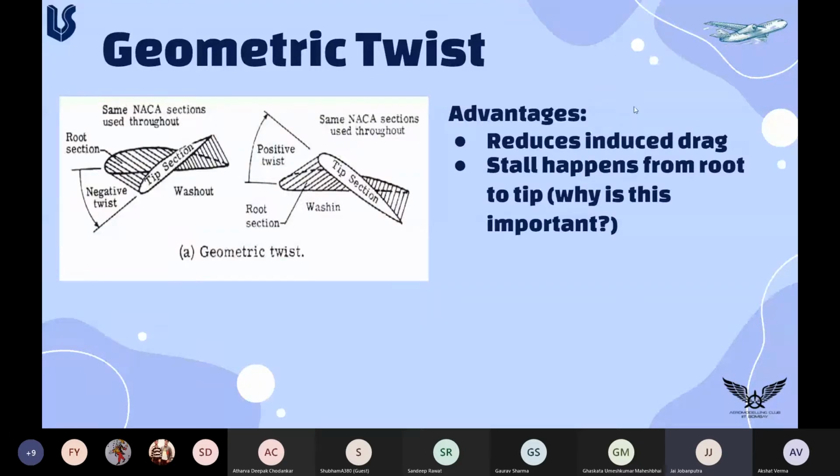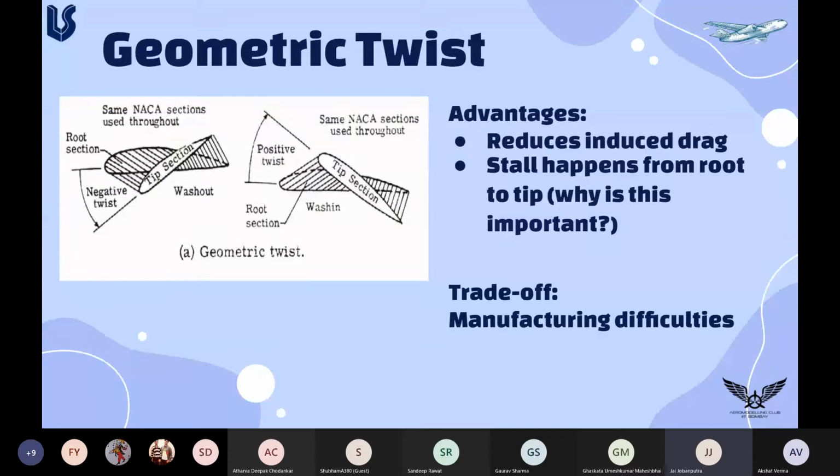Now, if the tip stalls first, that would be an issue, right? You can't maneuver it. Then how will you correct it? Now, don't consider an RC plane. With an RC plane it's okay, it will crash, that's okay. But take a fighter jet: your tip stalled, your control surfaces are useless, you are in a combat situation, and you can't roll out of danger. That's scary. So that's the reason we have some twist. You will see in the examples that I have mentioned one fighter jet which has this twist.